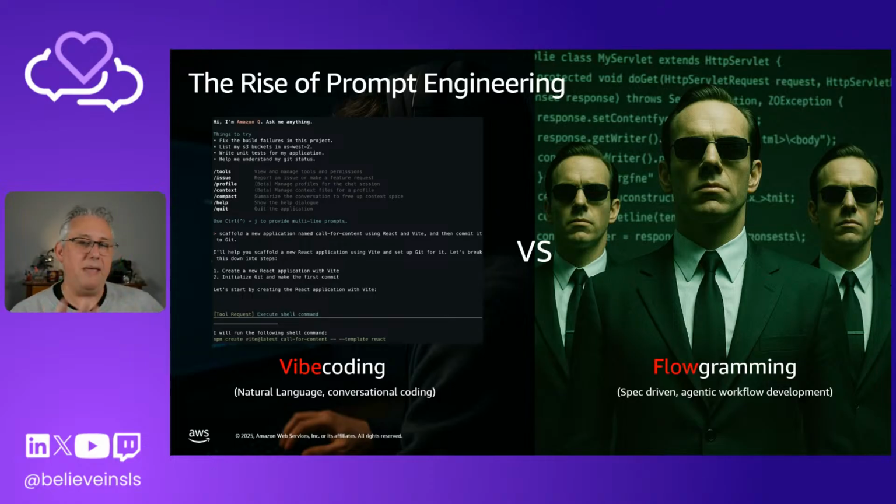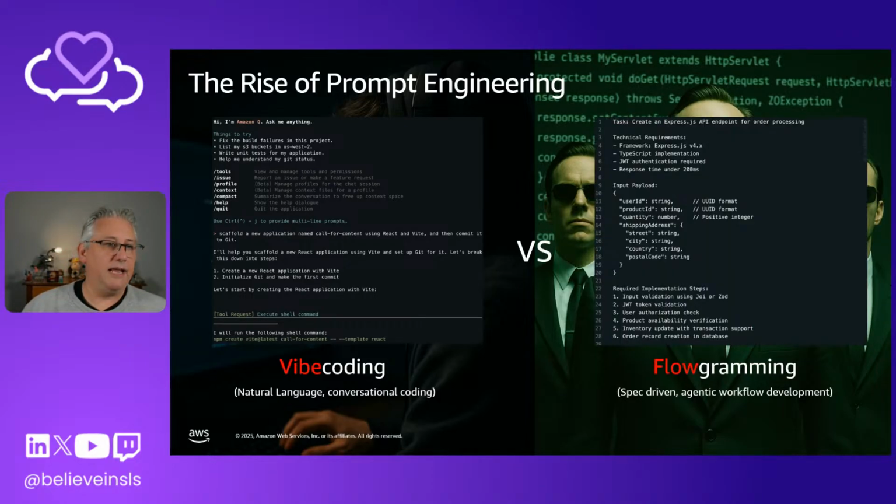Whereas if you want to build a bigger project, we need to be really focusing on what we're calling flowgramming. Aaron and I have come up with this term. People have heard me say it. We're going to move from vibe coding to flowgramming. I think we should all become flowgrammers. This is more about spec-driven agentic workflow development, which is driven by the way tools are developing today. And the consensus right now is we need to be giving AI rich context and rich ideas, because that pays dividends in delivery of value.